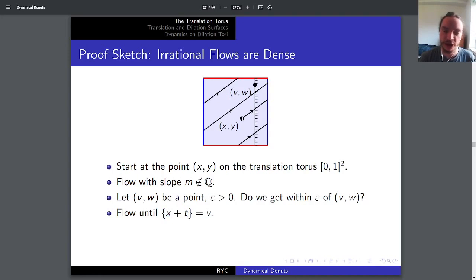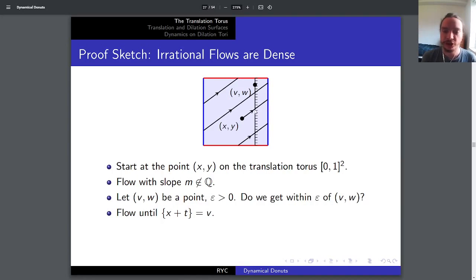So, we're flowing for time t until x plus t is equal to v. So what does this mean? It means that we end up on the vertical line going through vw. So this vertical line going through vw, well, now we've matched up the v coordinate and the x coordinate, okay? So we've matched up those two coordinates, and that's good, because now if we can match up the y coordinate with the w coordinate, or if we can at least get them close, then we'll have gotten close to vw,